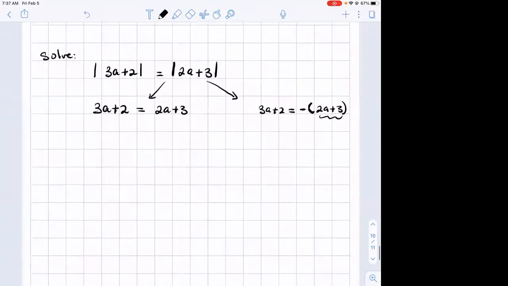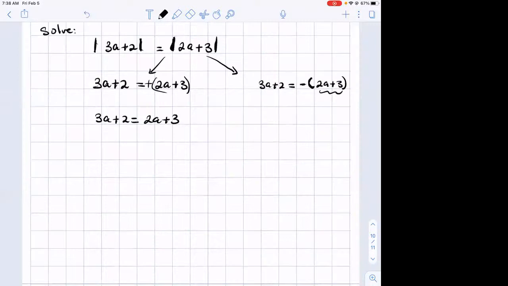So be careful, do not drop the absolute value and say since it's on both sides of the equal sign, they cancel out. That's not true. Remember, one side is positive and one side is always negative, as we did in all our previous examples. So if we solve, we have 3a plus 2 is equal to 2a plus 3. I always move the smaller a, so I will minus,